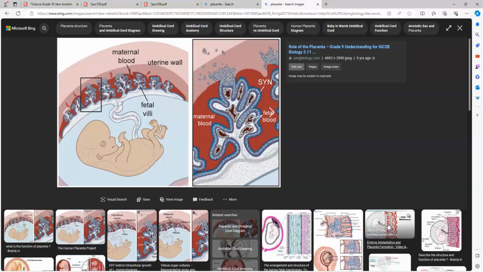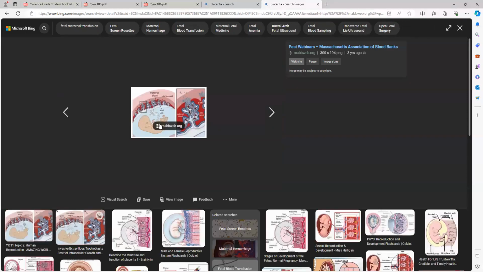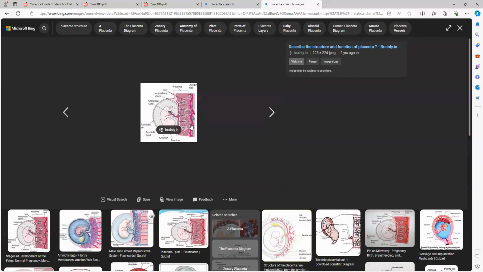So what is the importance of villi? They increase the surface area for better absorption. So you can notice the exact picture: fetal villi and blood spaces. This is what you have to remember. Two things, please note it. In placenta formation, this is an even clearer picture. Note these two: villi are on the embryo side and blood spaces are towards the mother side,